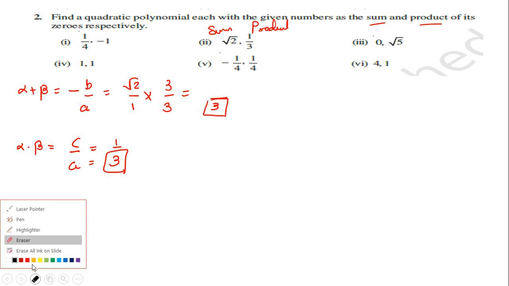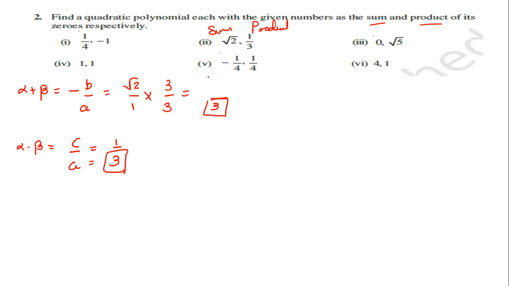3 root 2 will come here. Okay, and now the denominator is the same. So now you can easily write a is equal to 3, b is equal to,